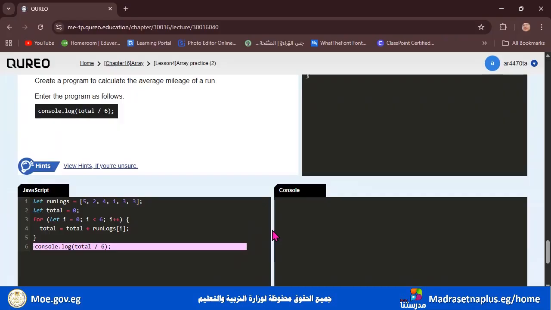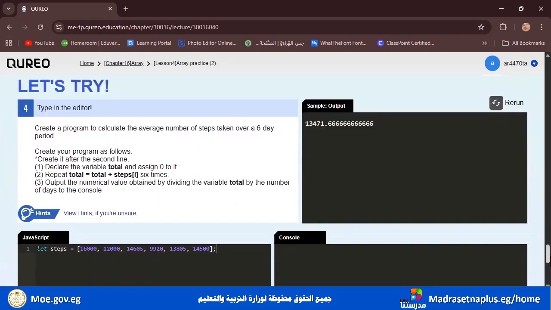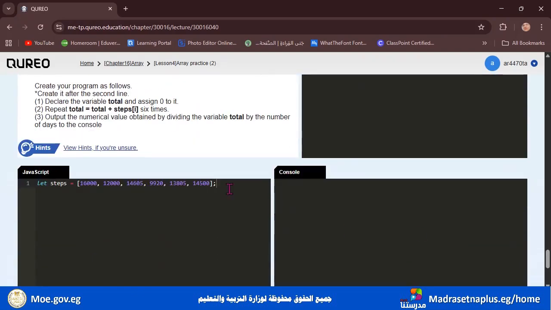Okay, here we have another code to write. Type in the editor. Okay, create your program as follows. Create it after the second line. So we will write it here. Declare the variable total and assign a value to it.